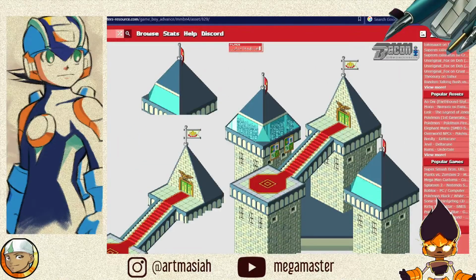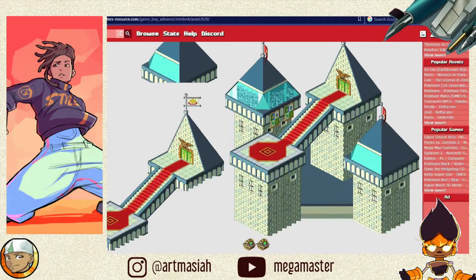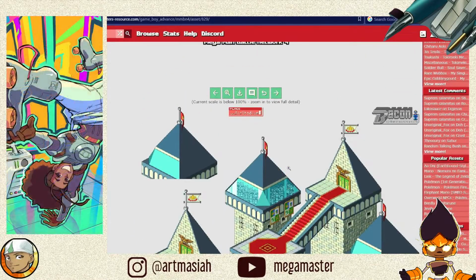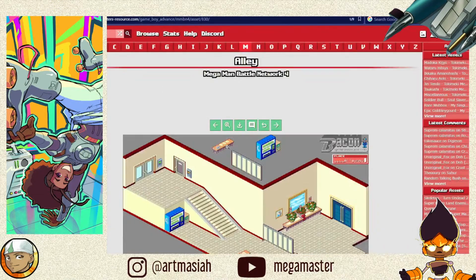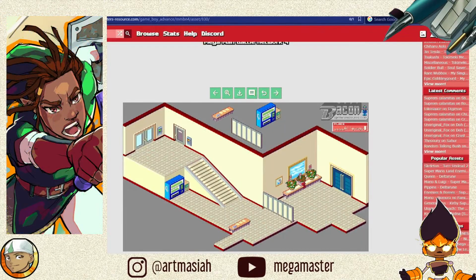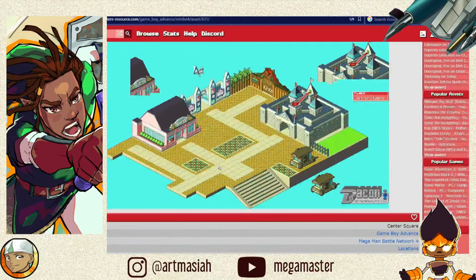That's really cool looking. Air Stadium. Oh wow, look at all the people viewing. Oh, I see. That's cool. Vending machine. That's pretty cool as well.